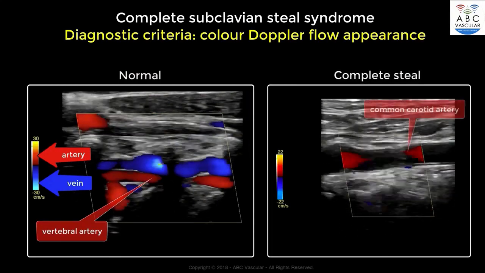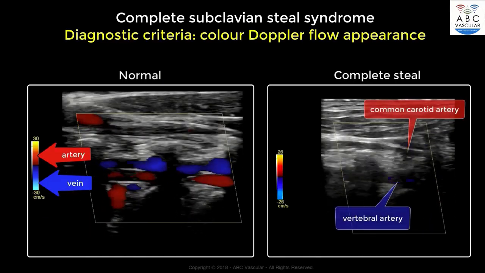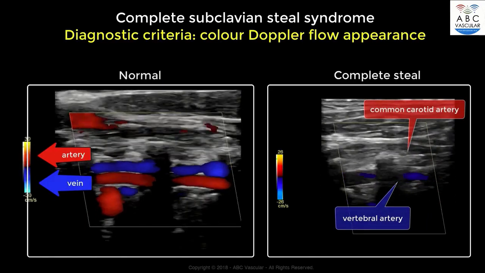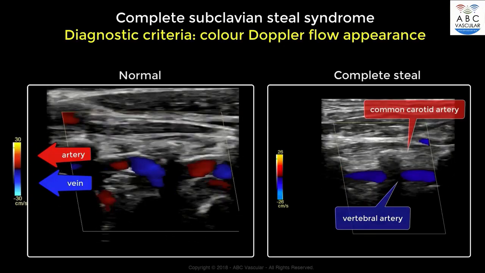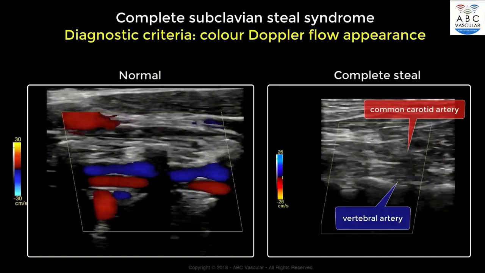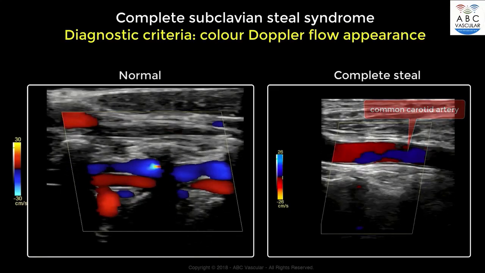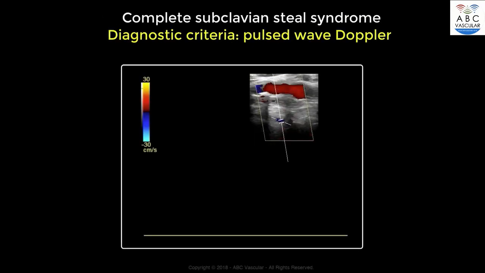In presence of a complete steal, while the common carotid artery will appear in red, the vertebral artery will appear in blue, thereby indicating the different direction of the flow through the vertebral artery compared to the ipsilateral common carotid artery. A second criterion used to confirm the presence of a complete steal of the flow through the vertebral artery